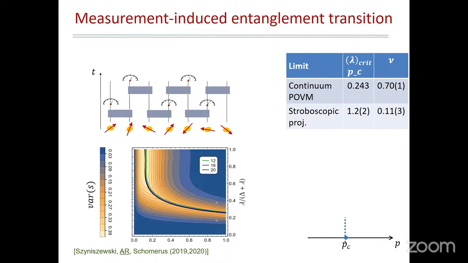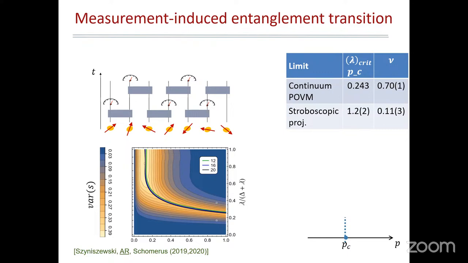So if you do that, you can do it, as I said at the beginning, for many different systems. In particular, for this continuous one, it will also show a transition. And as I mentioned before, and you see in the table up there, if you look at the first line, these are the critical values, which is the critical exponent, the critical point in terms of probability of measurement strength, which are started from merit. And what you see, in particular, if you look at the critical exponent, this is very different in two cases.